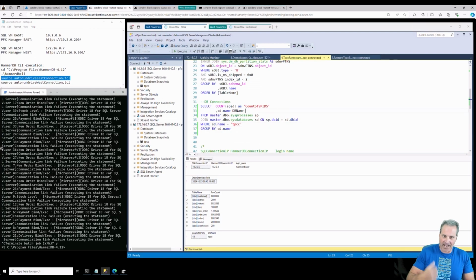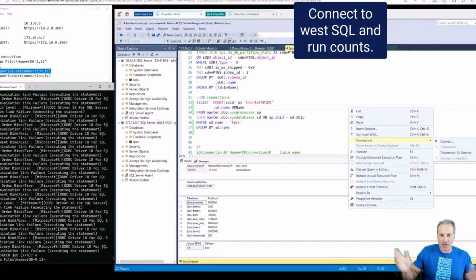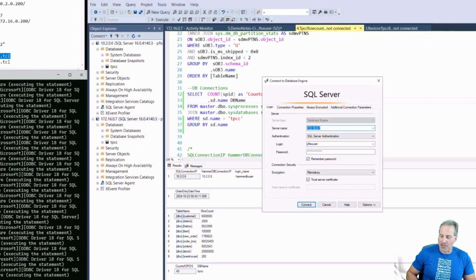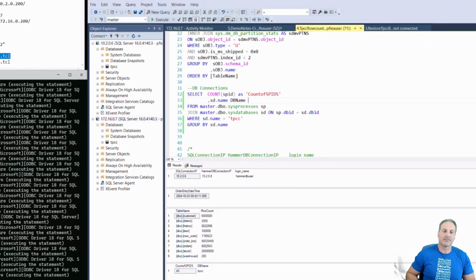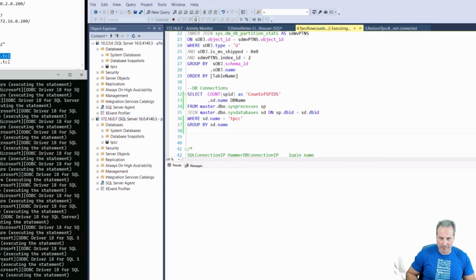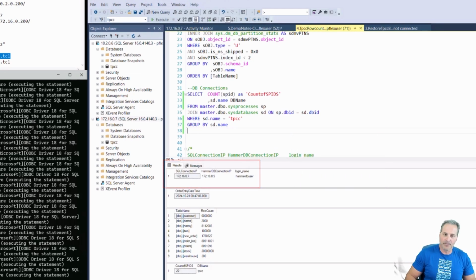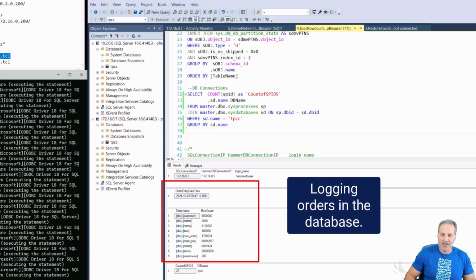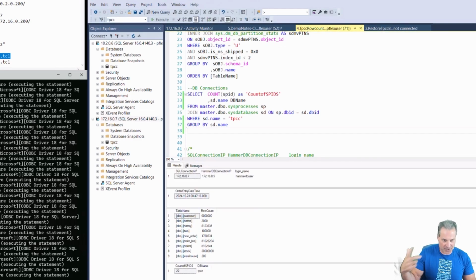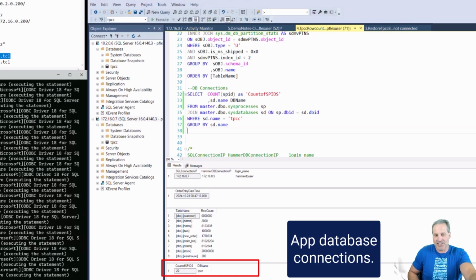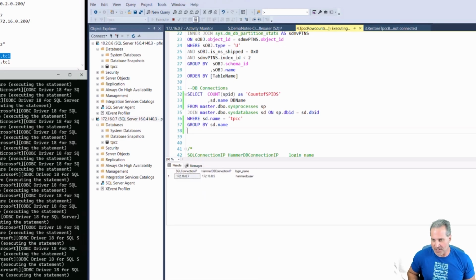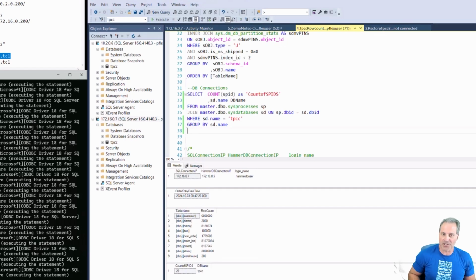So we know that's done. We can absolutely connect to West, and let's run those same counts. So I'll connect to the 172 again. And now I can simply run the counts. There it is. I see it's connected to 172 with the HammerDB user. I see orders. If I refresh this a few times, I'll see the order line incrementing. And since I just started it, my initial connections start with 20, then go to 40. I see 20 plus or minus connections to the TPCC database. Work is being generated now on the west side. Super easy.